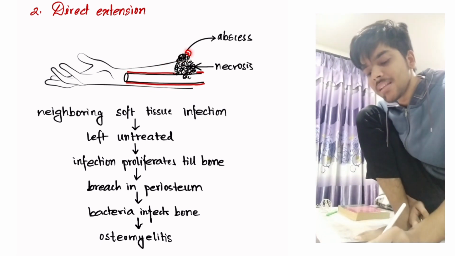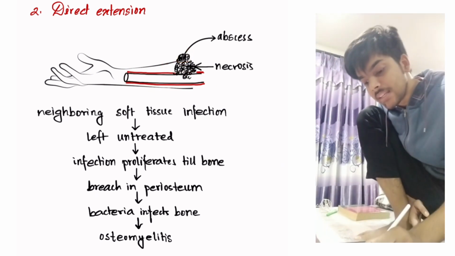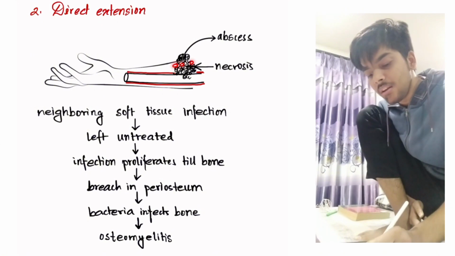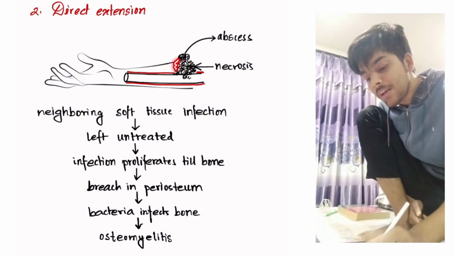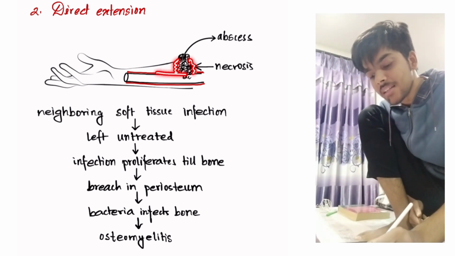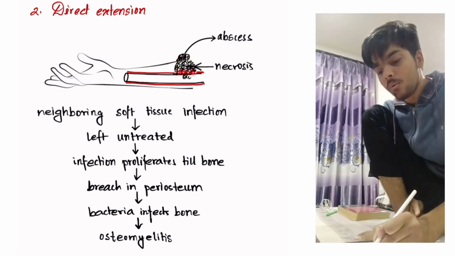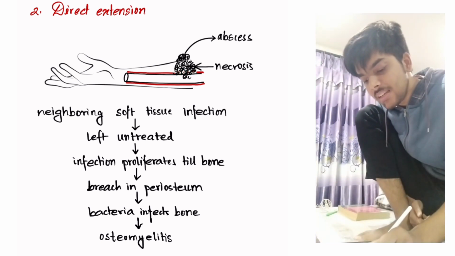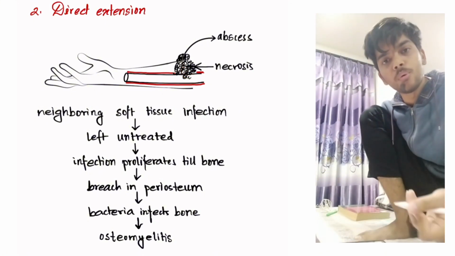If this abscess is left untreated, it is going to proliferate. Let's say this abscess proliferates right below the skin. As a result, the cells below the skin go through the process of necrosis. The infection proliferates and finally reaches the bone, where it destroys parts of the periosteum. Once a breach in the periosteum occurs, the infection can easily enter the bone and infect the bone itself, leading to